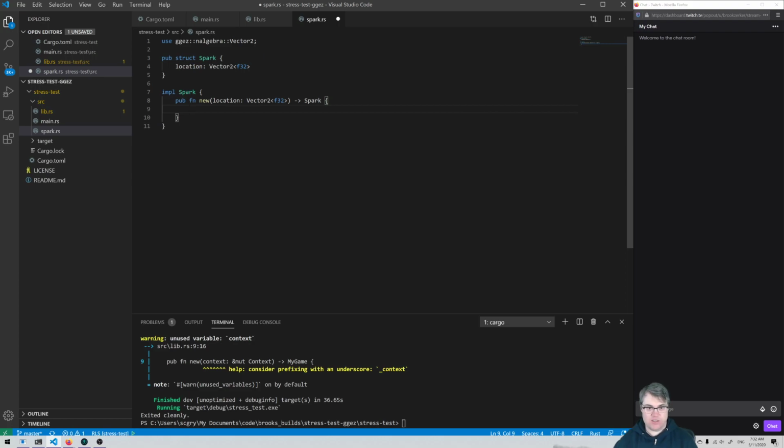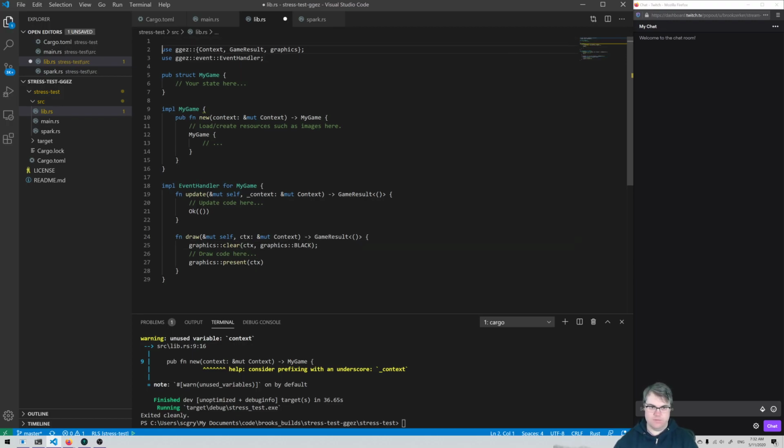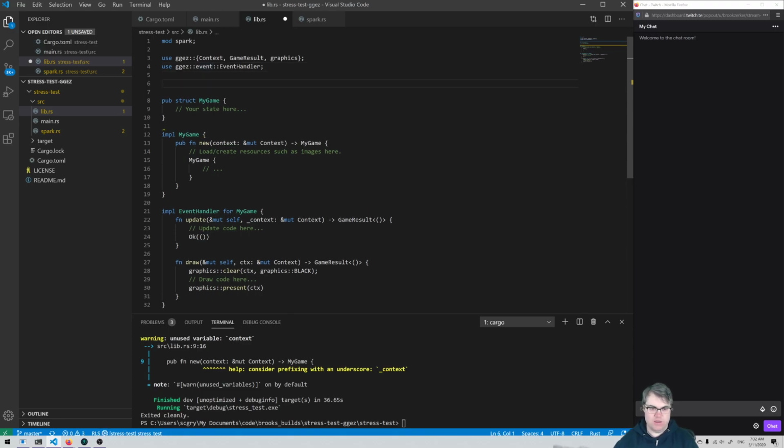And all we're going to do is return a Spark with location in it. So if I save that, then I can pull it in here. So we're going to say mod spark, use spark,